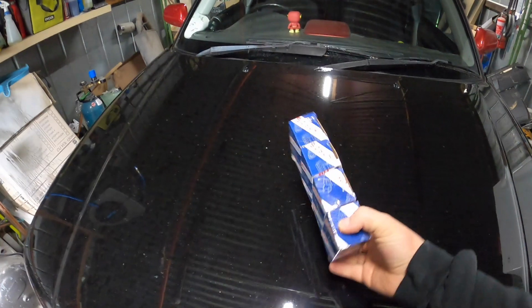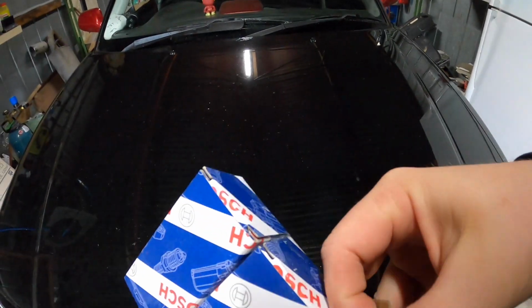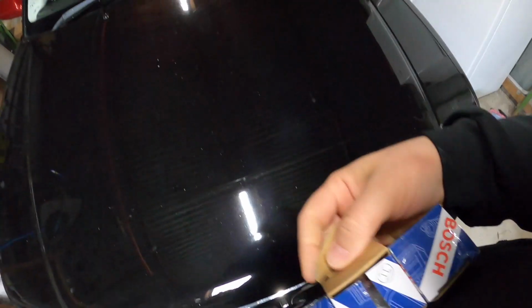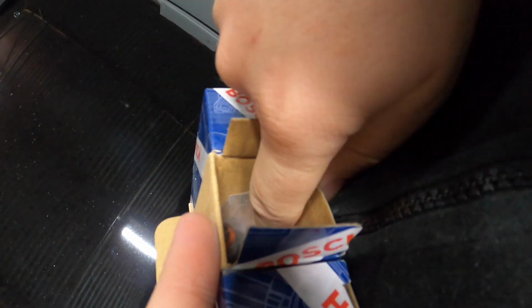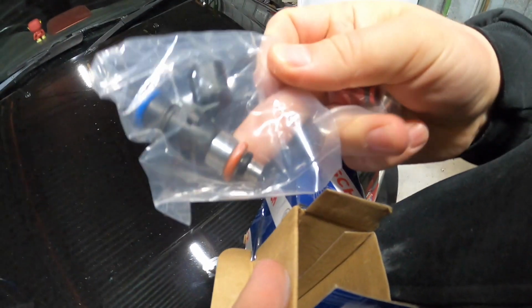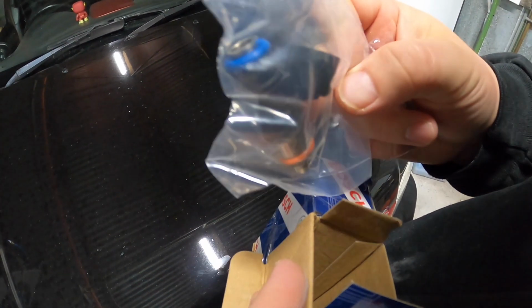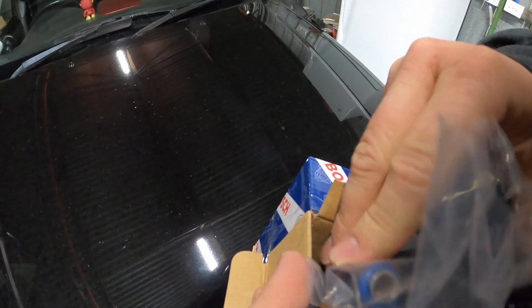Alrighty guys, got the injectors here. I don't believe they're true Bosch, but have a quick look. Spaces. So apparently these are 1300s. Little injector. So yeah. But first up,